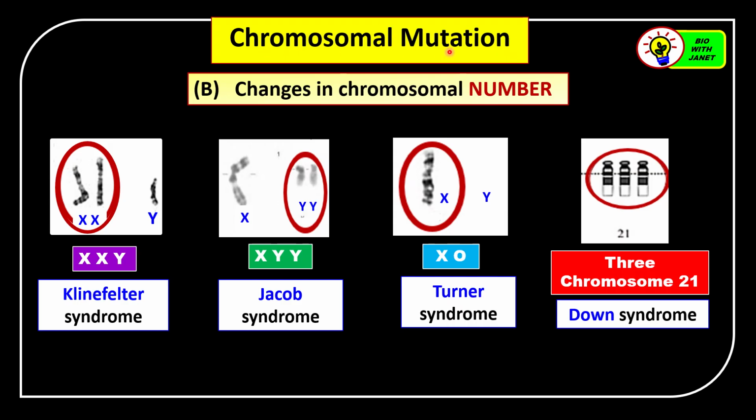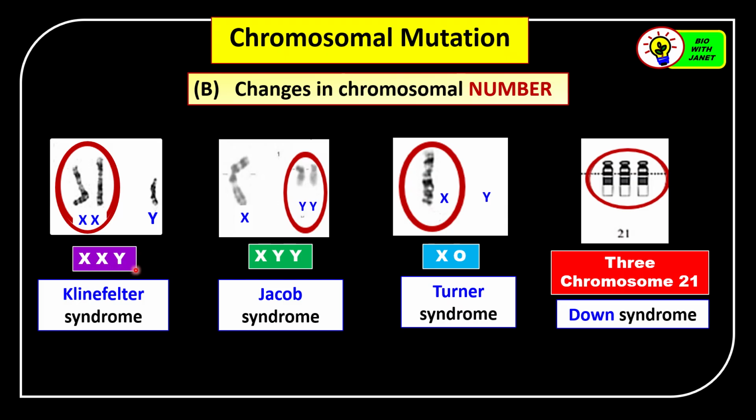Now, the second type of chromosomal mutation involves changes in chromosomal number. Many of these types of chromosomal mutation are caused by a process called nondisjunction, which we'll discuss afterwards, which is the failure of homologous chromosomes to separate in meiosis, in Anaphase 1 or Anaphase 2 of meiosis. So examples of diseases caused by changes in chromosomal number are Klinefelter syndrome, where there are 3 sex chromosomes